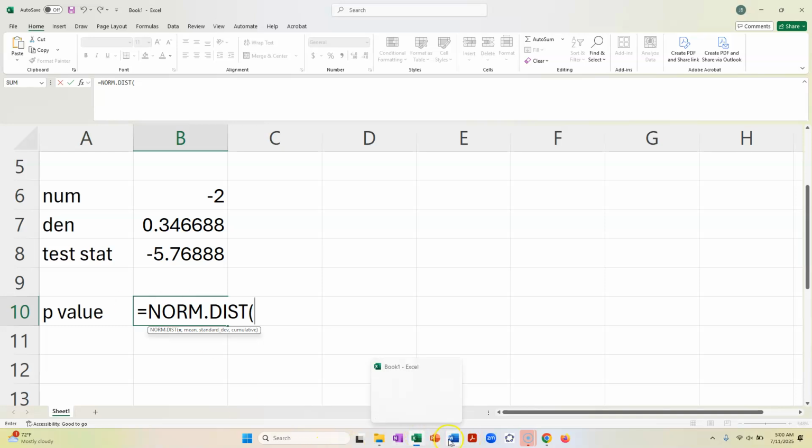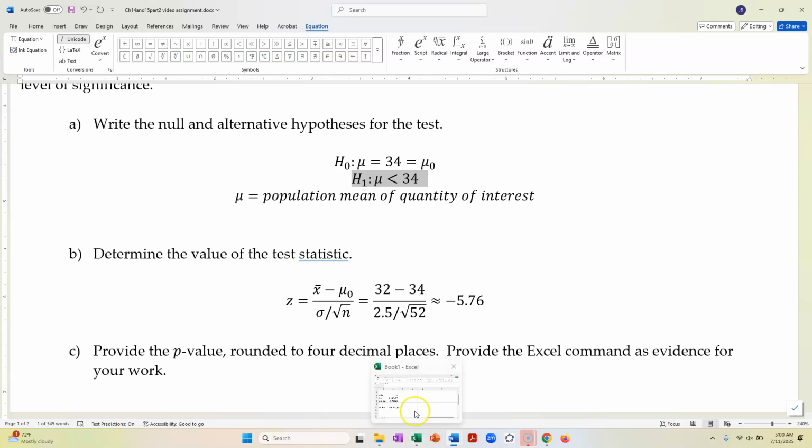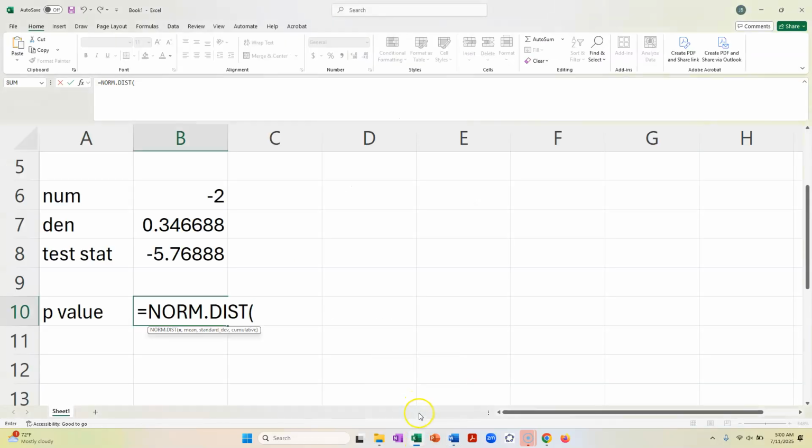I want regular norm.dist because of the direction of my alternative hypothesis. It's less than 34. It's to the left, right? So then I have to use normal norm.dist. I would use 1 minus norm.dist if it was greater than. And then also there's the 2 times version. See the notes for more details. In this version, I would do norm.dist of the test statistic, 0, 1, and true because I'm working with the standard normal